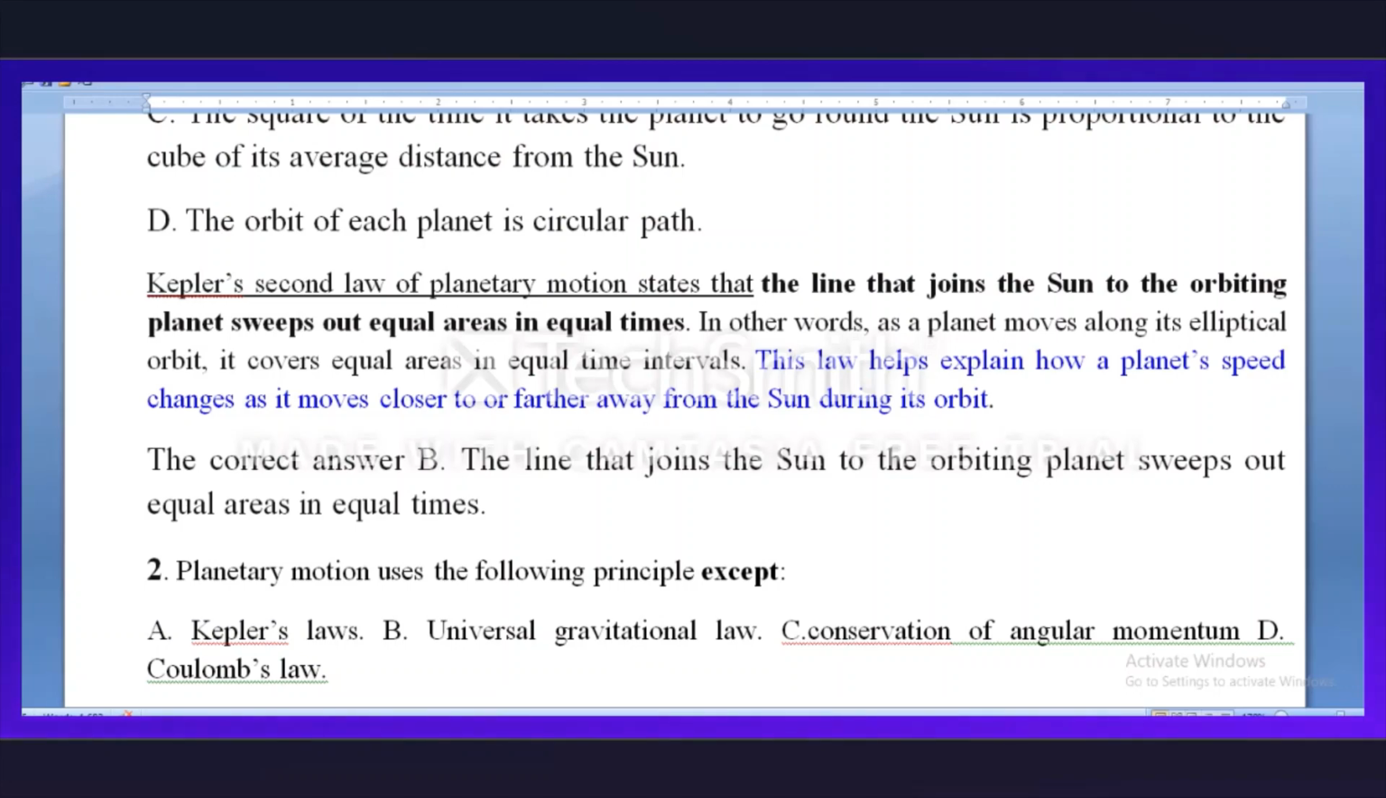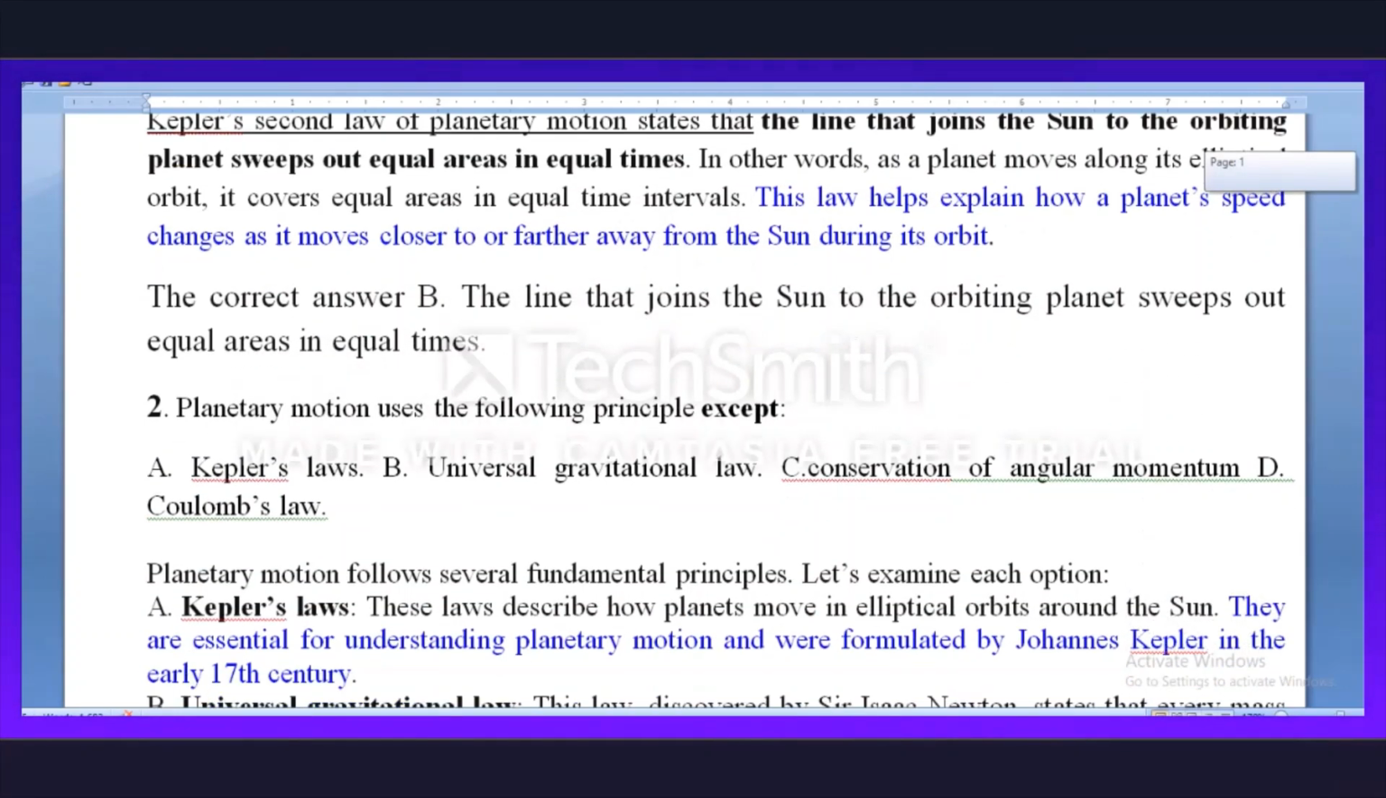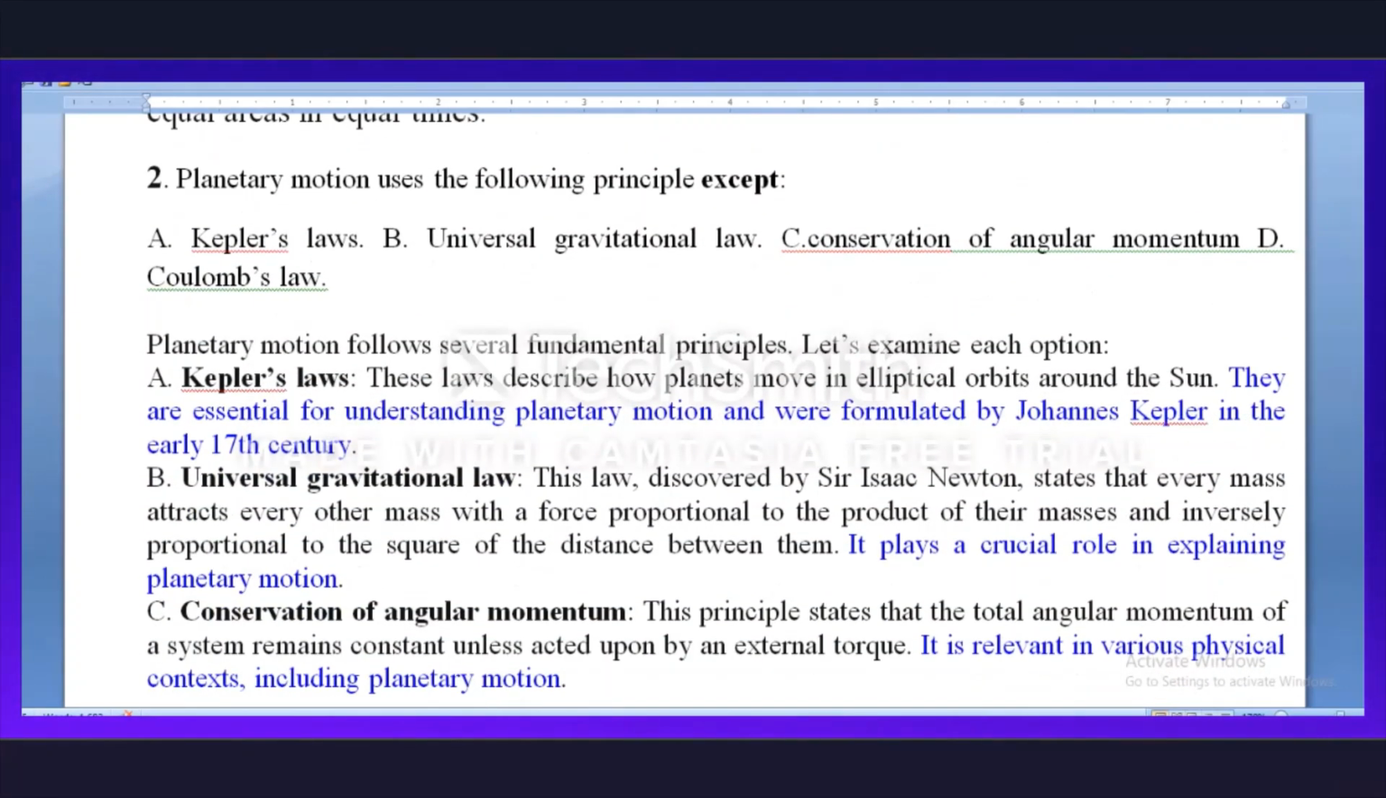Question number 2. Planetary motion uses the following principles except: choice A, Kepler's law; choice B, universal gravitational law; choice C, conservation of angular momentum; choice D, Coulomb's law. When we interpret this problem,